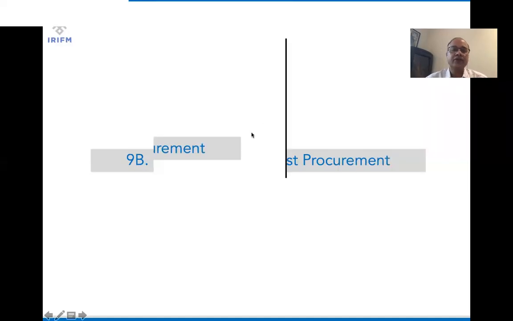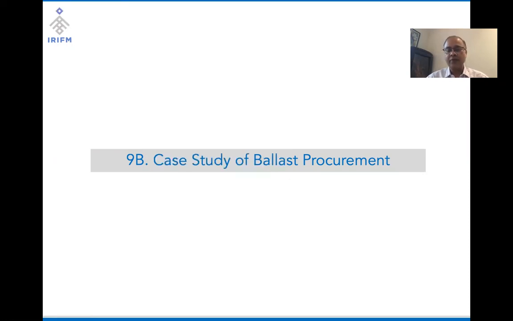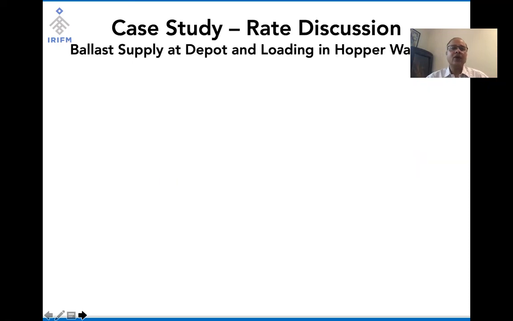So welcome back, friends. We were in the case study of ballast procurement, and this was for supply of 25,000 cubic meters of ballast, and we had three bidders, X, Y, and Z. Bidder X submitted a complete offer. Bidder Y submitted an offer which had separate rate for supply of ballast and separate rate for loading into hopper wagons. And bidder Z was similar to bidder X, and each of these three bidders had different rates and they had different quarry or the source of supply. And you were at the point of submitting recommendations to tender committee. Let's now discuss this case.